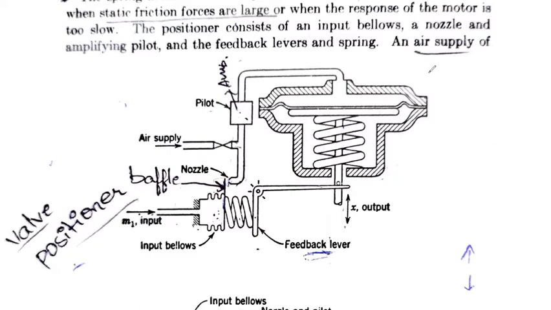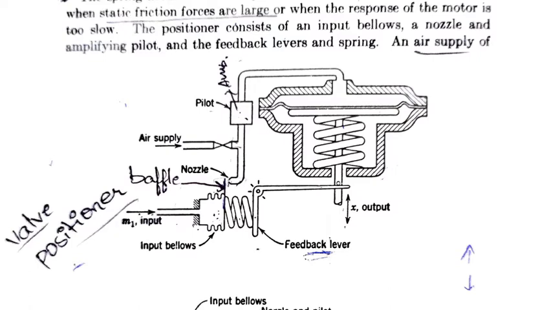What is meant by a spring actuator with positioner? That is an actuator having a spring, along with a positioner. So what does the positioner include? The positioner includes one bellow, this is a bellow, and a flapper nozzle mechanism, this is the flapper nozzle mechanism that I circled here.